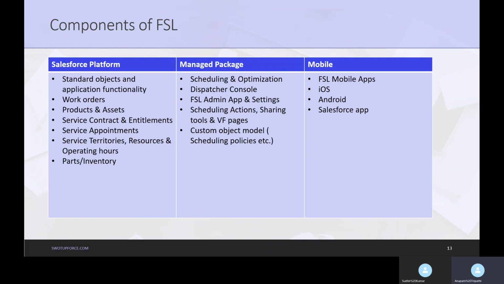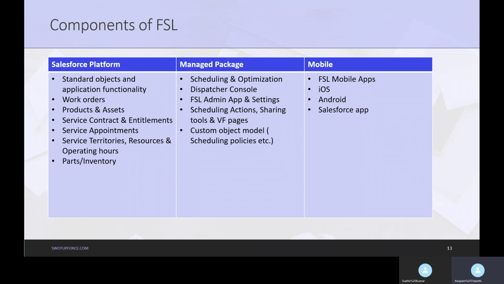Those dispatchers work on the dispatch console, which is a quick, console-like view where they see all their service appointments that need to be assigned, and all their service territories and resources. Based on that, they can schedule, assign, or dispatch those work orders efficiently and in an optimal way to all the service resources or technicians.